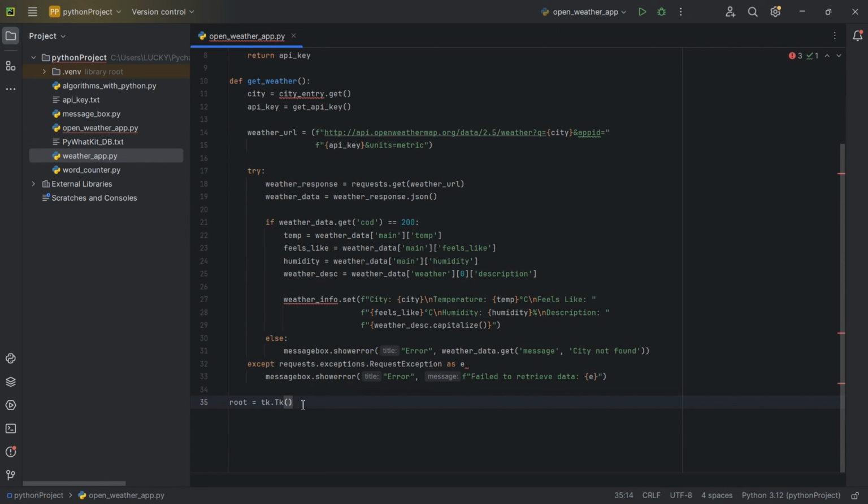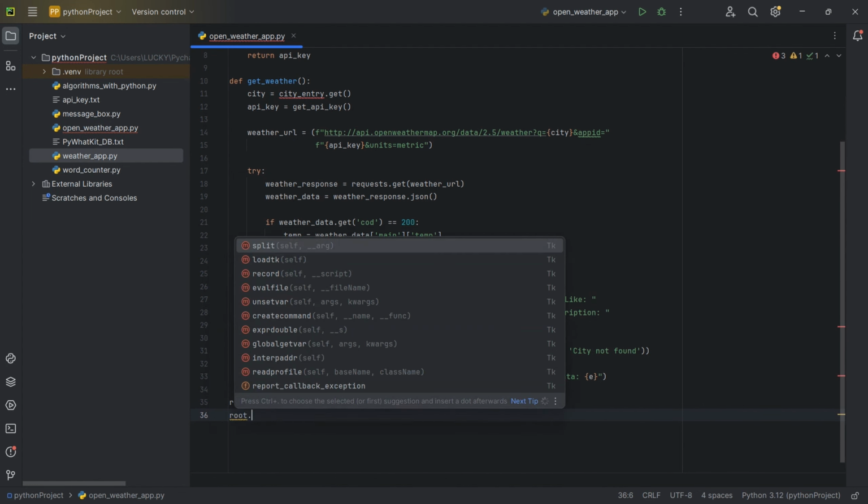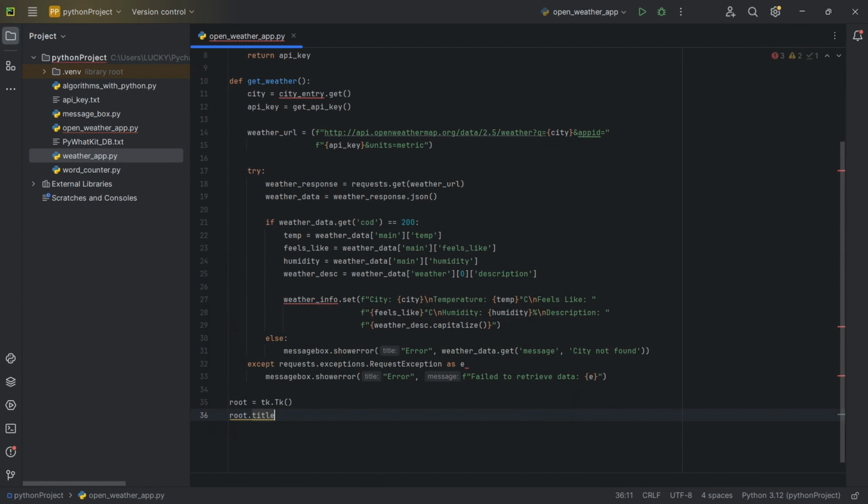I used Tkinter to build a word counter, so I already did an explanation for creating a basic window setup. So you can check that out. So root tk.Tk, we are just creating the window. So the name of the window should be, so root.title, we should set the title to weather app,